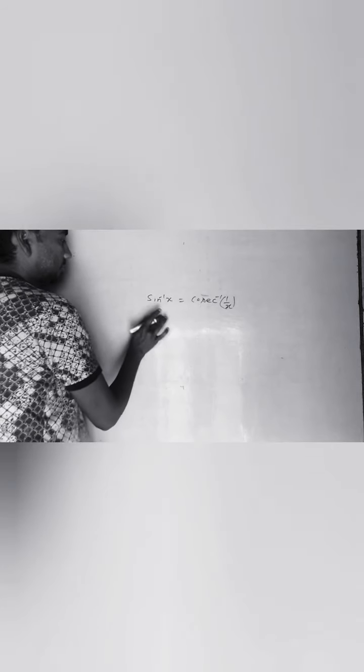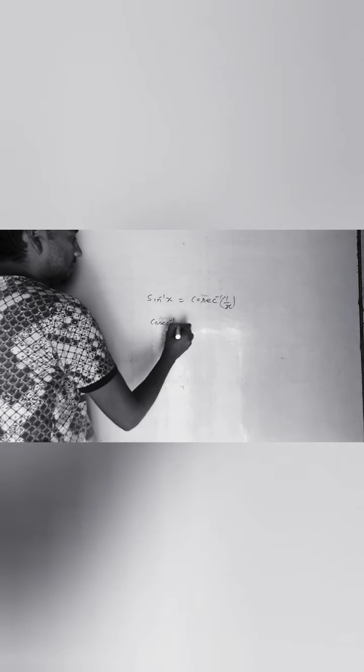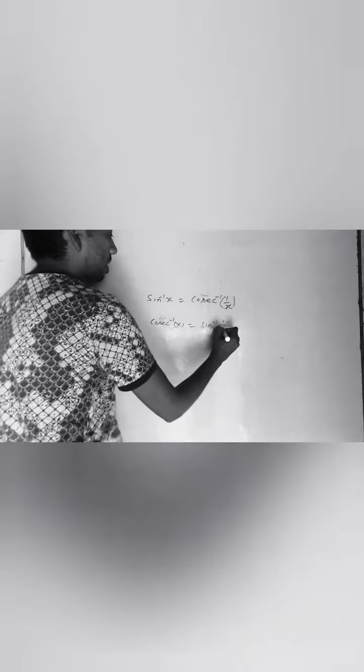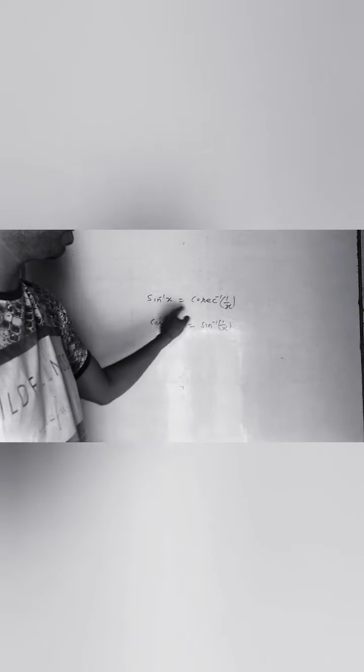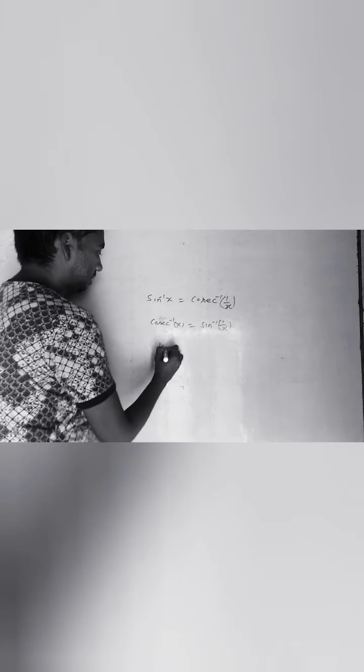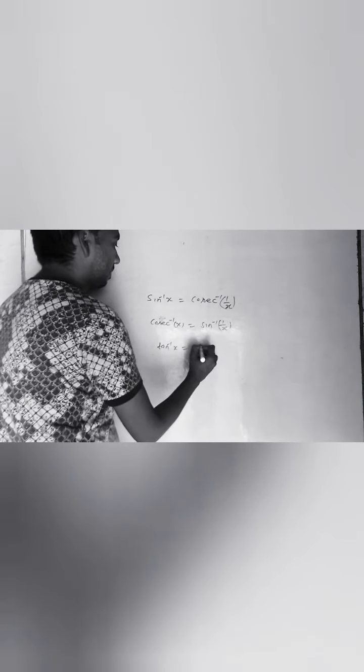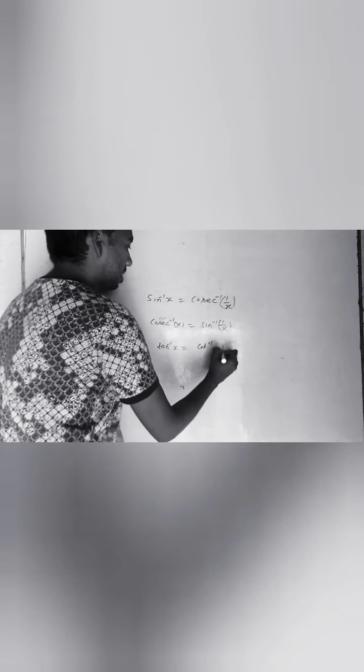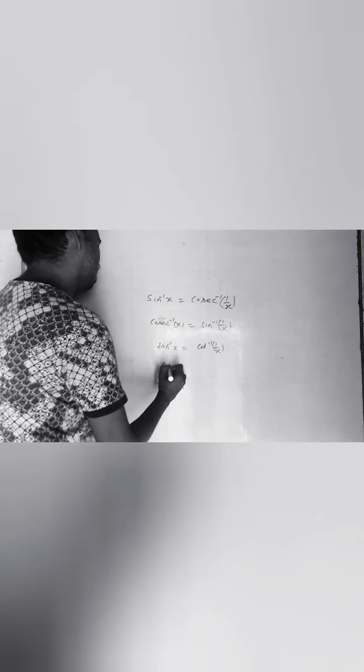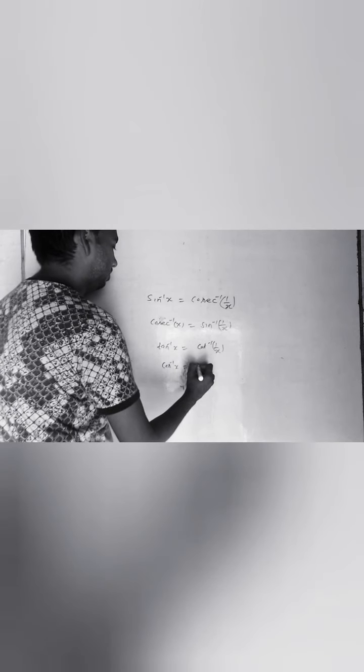Cosec inverse x is equal to sin inverse 1 by x. जैसे आप लोगों ने ट्रिग्नोमेट्रि में क्लास 10 में पढ़ा था ना, sin theta is equal to 1 upon cosec theta, तो इनवर्स में कैसे चलेगा आपका, sin inverse x is equal to cosec inverse 1 by x. Next same way, tan inverse x is equal to cot inverse 1 by x, and cos inverse x is equal to sec inverse 1 by x. So इस टाइप के भी 6 फॉर्मूले आपके पास होंगे, उनको भी आप लोग लर्न कर सकते हैं।